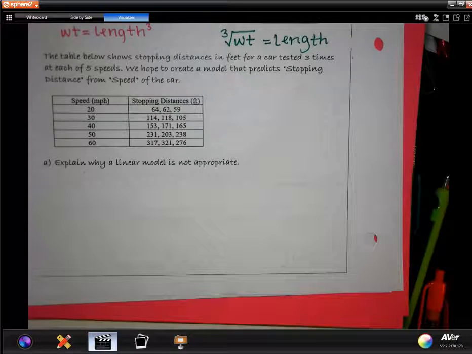Explain why a linear model is not appropriate. Add a label, so you get customized, you get a series. And you scroll down where it says the label, where it should be a box. Yeah, perfect. Now what you're going to do is in that 3rd column, you're going to label.